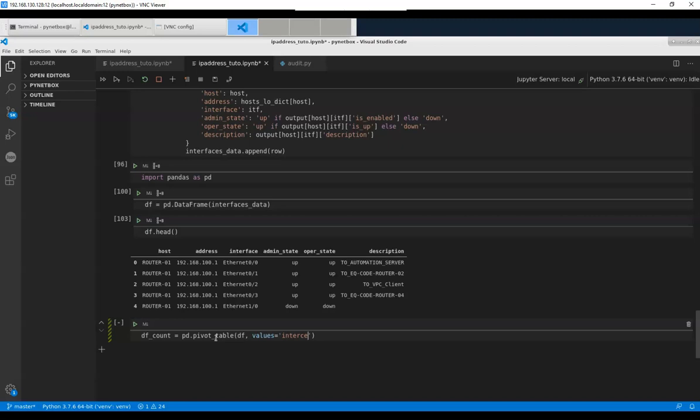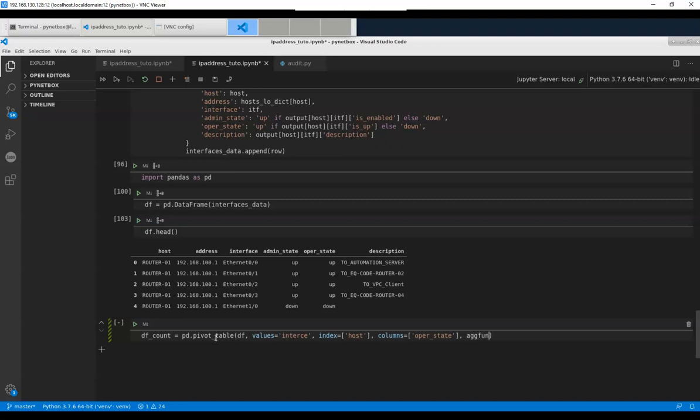I will give it the data frame, values, interfaces. The index will be the host. Next, columns is operational state, upper state,